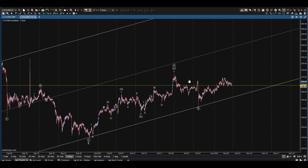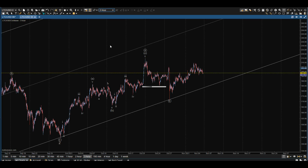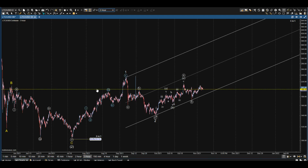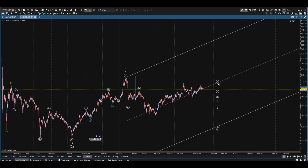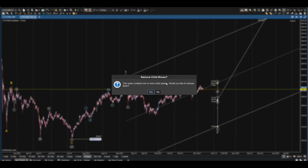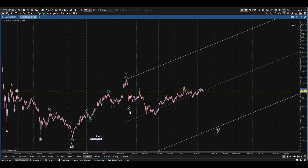Now, could be the B, could be we're just part of a bigger correction. So the possibility here, if I start to pull back out, let's go back to that 3 hour. It's much like Bitcoin. I've got a 1, I've got a 2, but I don't have a great start to this impulse. So the possibility is the 2 is going to come deeper, and we'd possibly have a correction. So let's do it this way. If I put the 2 down here,